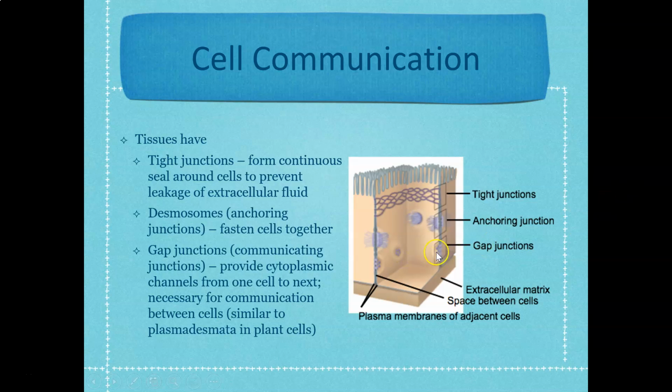And then you also have gap junctions or communicating junctions. And these are very similar to those plasmodesmata that we saw in your plant cells. Cells in a tissue want to be able to coordinate their function quickly, so rather than needing to get molecules out of their cell and into the next cell, they can form these gap junctions or these communicating junctions where they're just channels directly from one cell cytoplasm to the next, and they can send molecules back and forth that